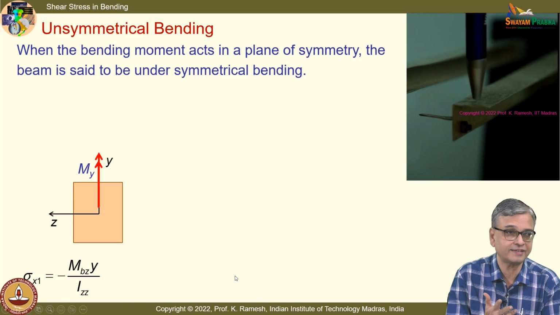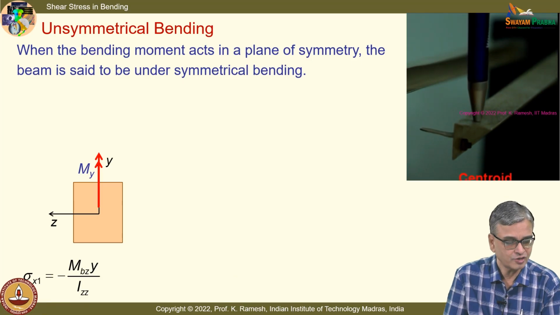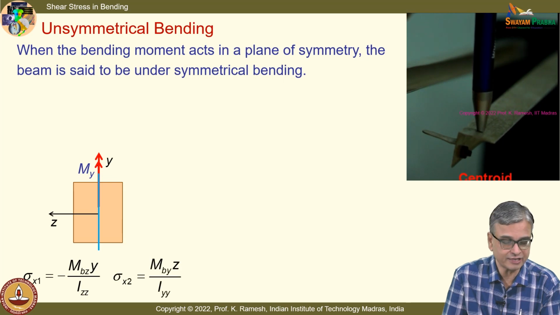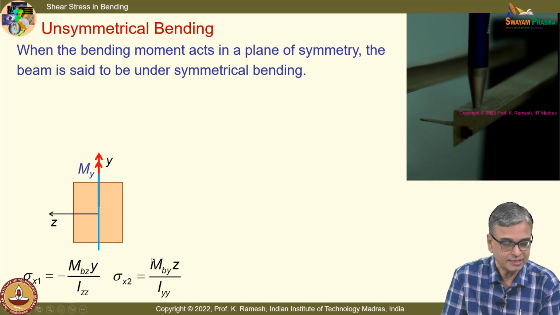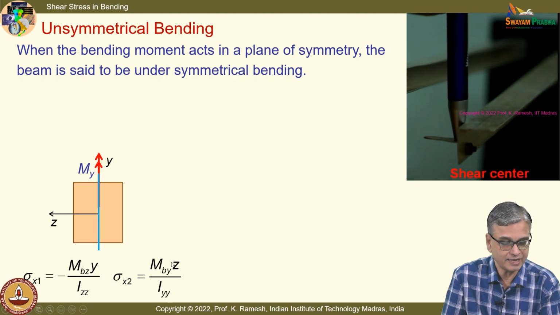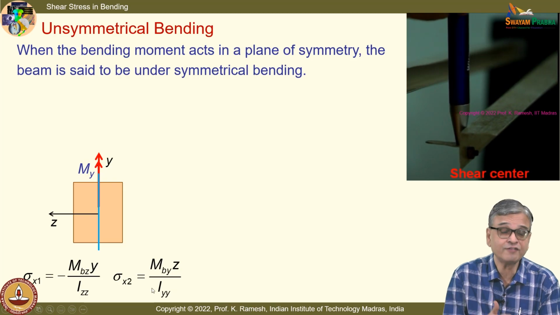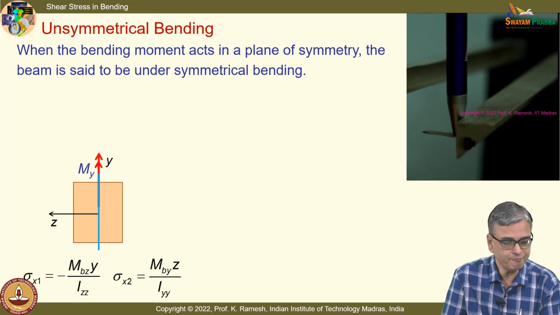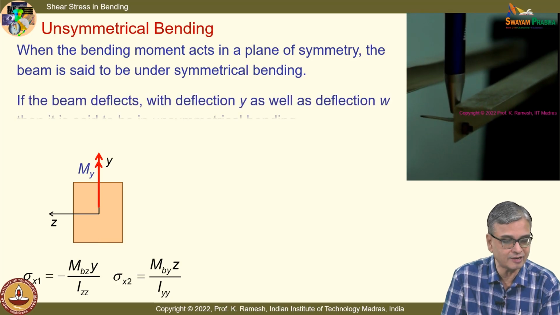It's going to be tensile. Fine. So, I can also write sigma x2, and when I write sigma x2, I would be careful in simply saying MBY into z divided by IYY, because we have already embedded the sign of the stress in the basic equation. And if both MBY and MBZ are acting,